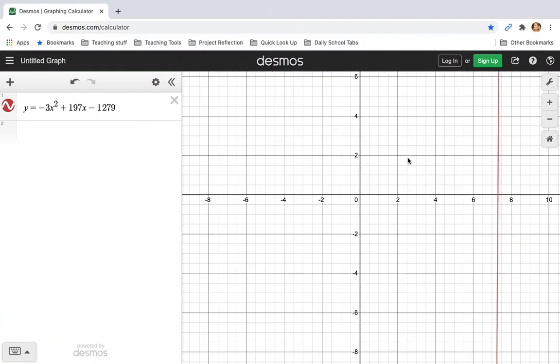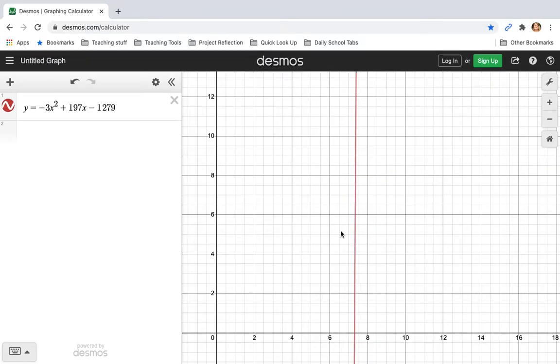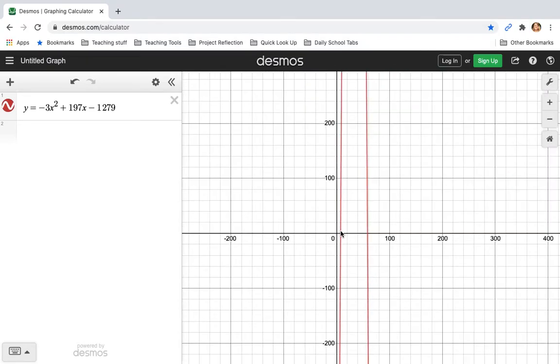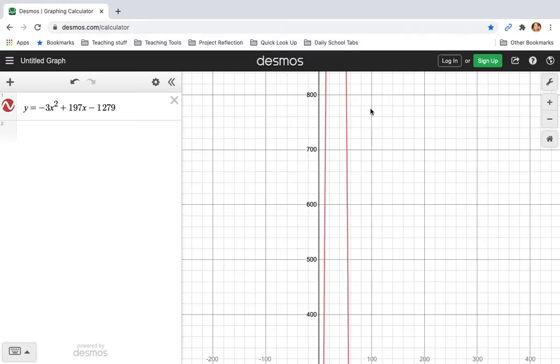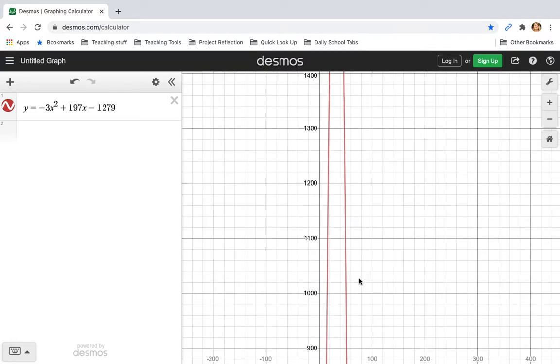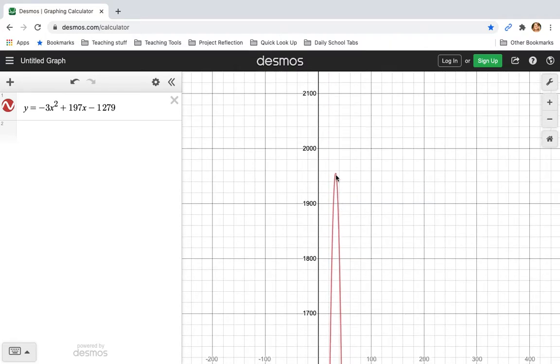So you can see I've got a piece of it, but we should understand that it's coming up and then going back down. So I want more of quadrant 1, and I want to take my 2 fingers together and pinch them closed on my keypad. And then I can click and drag down until I see the highest point, which is right here. That will give us our max profit. So now, what does this tell us? It tells us that we would need to have a price of